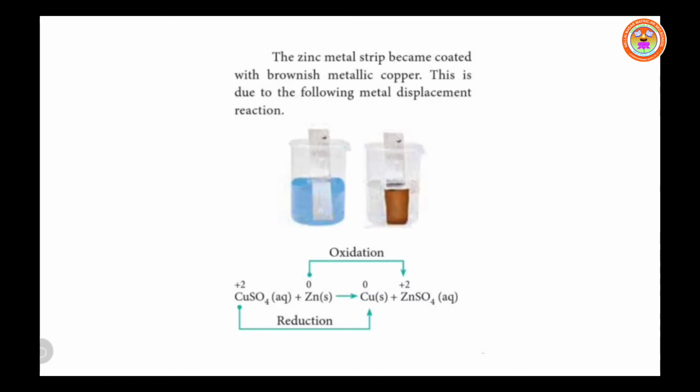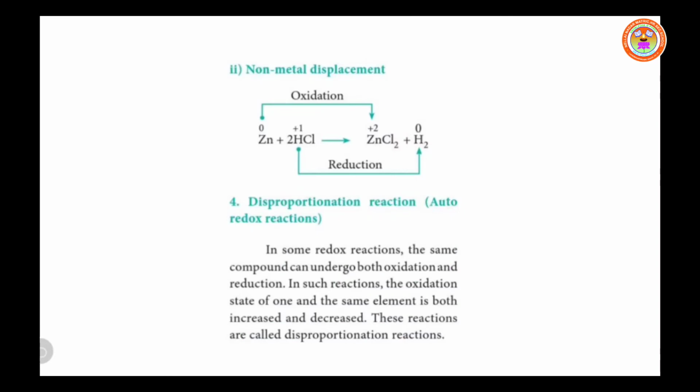Okay, children, next we can see non-metal displacement reactions. A redox reaction that involves displacement of something other than a metal is called a non-metal displacement reaction. Let us consider the reaction of zinc with hydrochloric acid. When zinc metal is placed in dilute hydrochloric acid, hydrogen gas will be evolved with the formation of zinc chloride. The balanced equation for the reaction of zinc with hydrogen chloride is Zn plus 2HCl